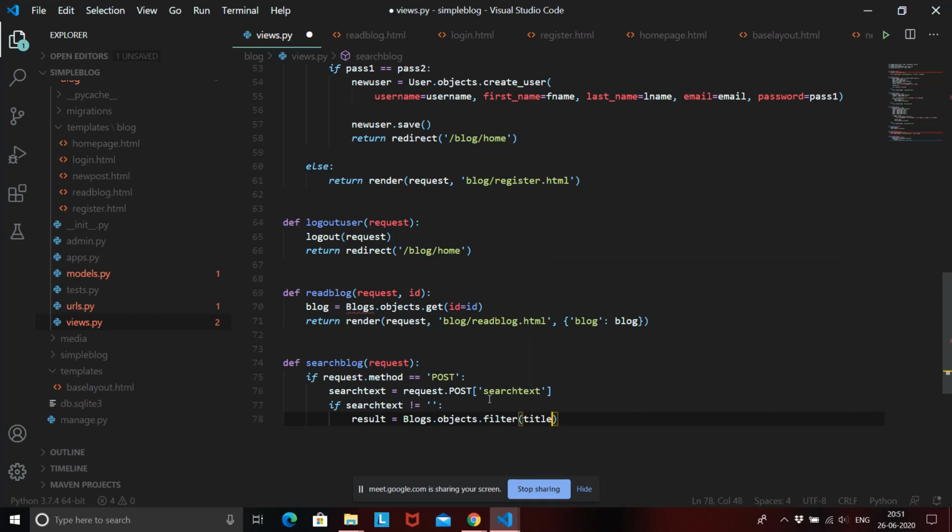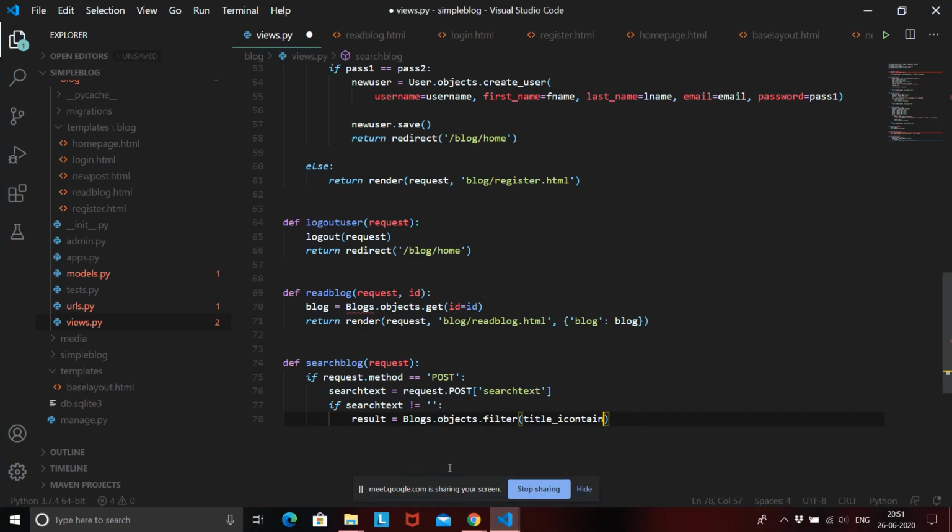So we just have to give title, and then there is a method called icontains. icontains means if the title contains a particular text or not. Okay, so these are just the attributes that Django provides. So this filter mechanism is a Django attribute, and it is providing a method called icontains. icontains means to check if the search text is present inside your title or not.